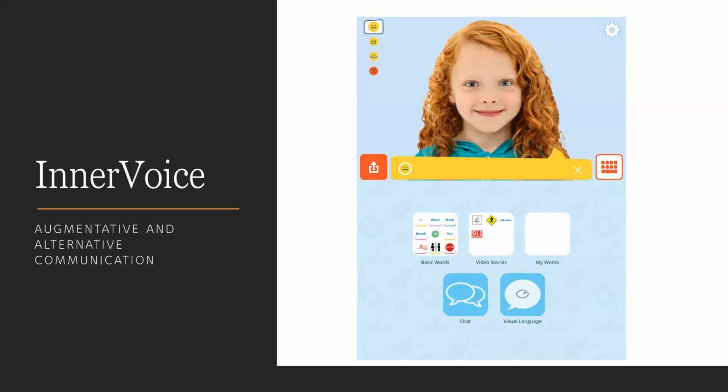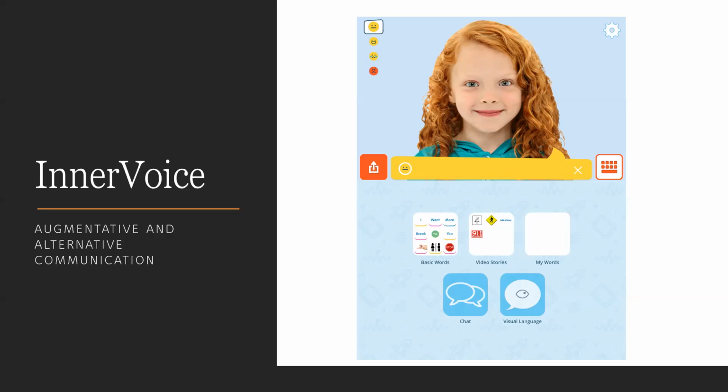the Apple App Store. Okay, so the first choice on this menu is basic words, and it's very much like every other AAC device you've seen, where the grid is laid out and the student can string together language or have complete sentences or thoughts under one location. Sorry, I have more people joining us. Okay, the second